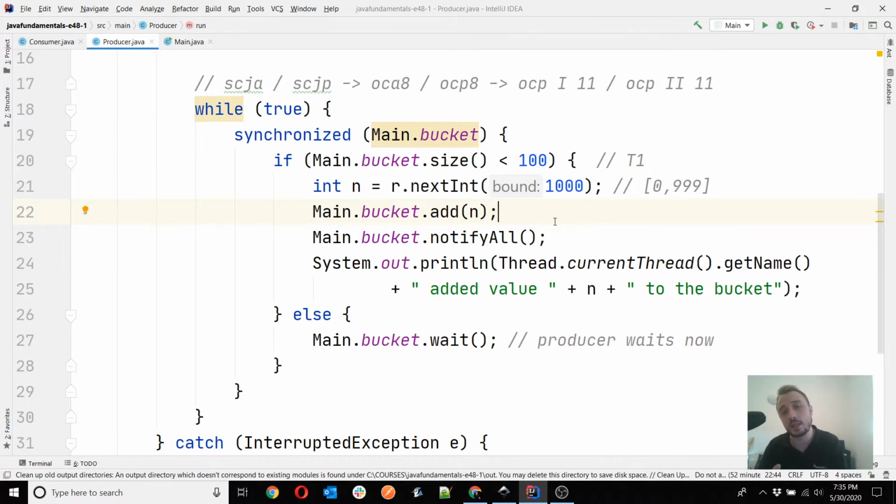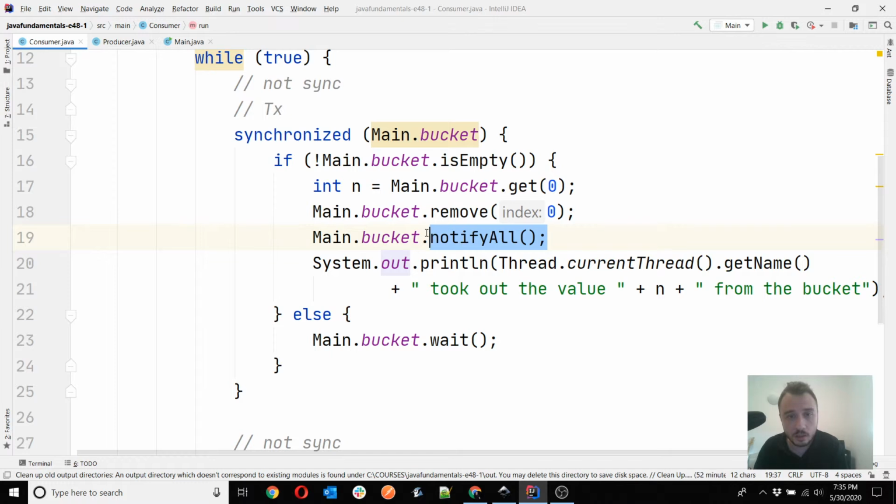But you can imagine now that by adding these instructions, we simply make sure that a thread doesn't run the same condition a million times without sense. When a producer finds out that it cannot add a value because the list is already full, it will wait until a consumer notifies it.